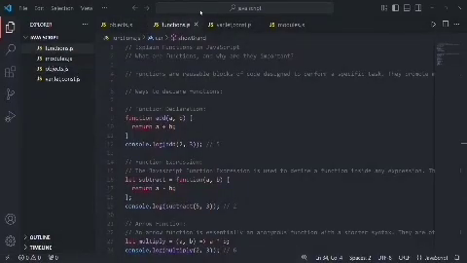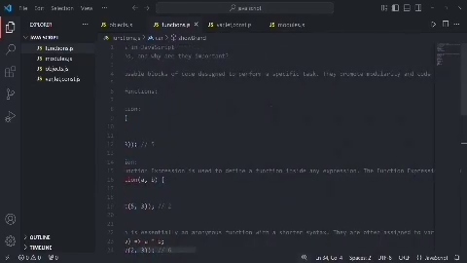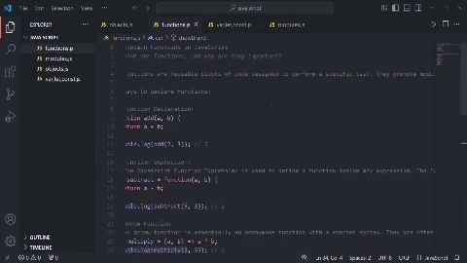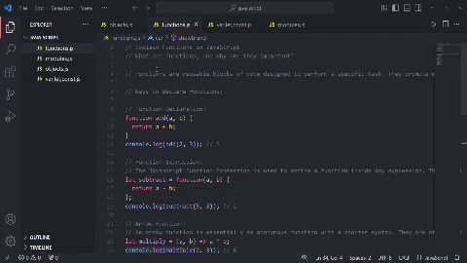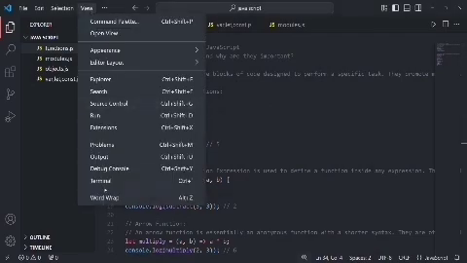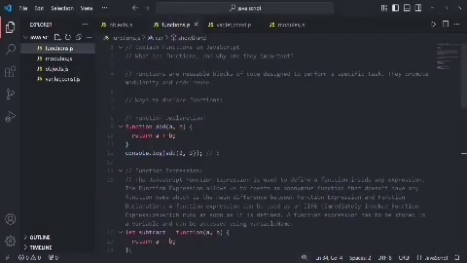Now let us see about the functions in JavaScript. Explain functions in JavaScript. What are the functions and why they are important? The functions are reusable blocks of code designed to perform a specific task. They promote modularity and code reuse. The ways to declare functions are